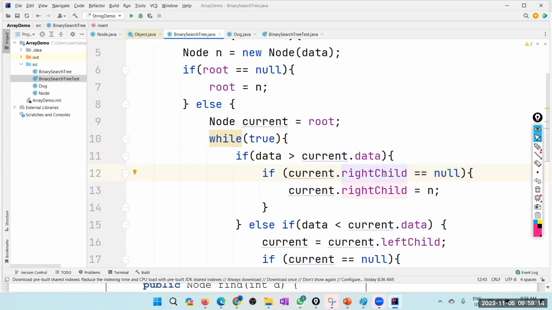If current right child, we have not yet changed the current. Now remember, if data is bigger than current.data, okay, therefore our data must go into the right hand side. Now we check whether current right child is null. If current right child is null, current right child must be the new data. Okay. Else,